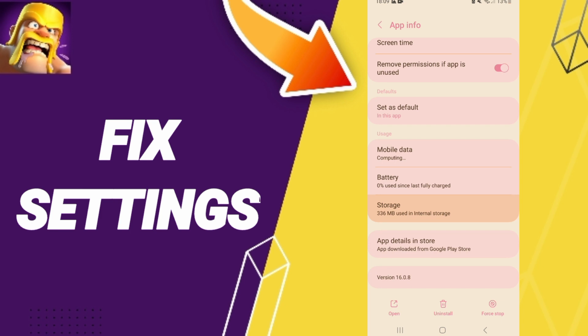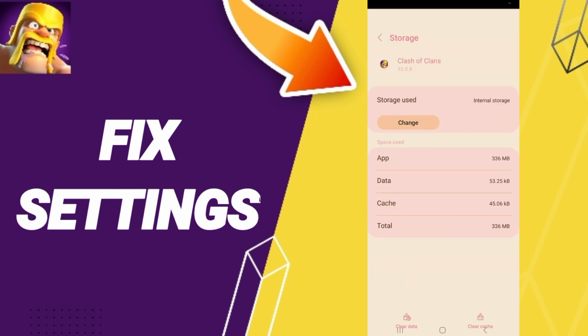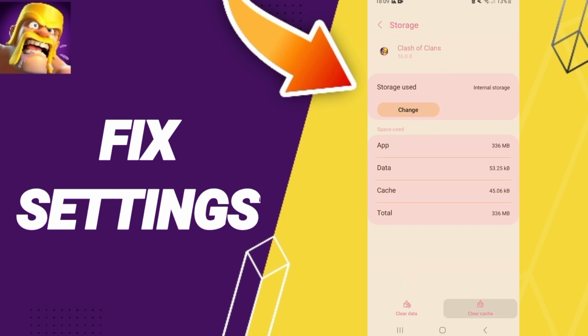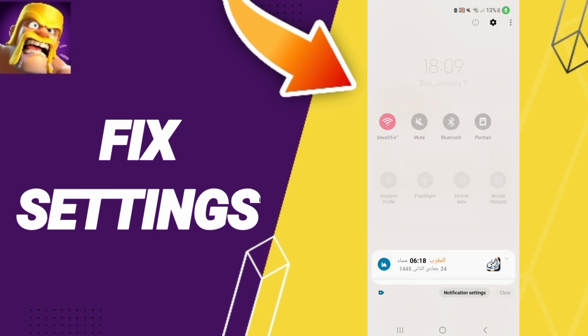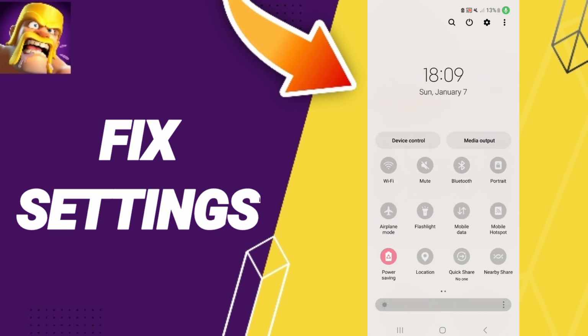Here we'll enter to the window of storage. Then you can click clear cache. Don't click clear data because that can cause you errors in your app. In the end, you can turn off your Wi-Fi and you can wait a moment to turn on your Wi-Fi